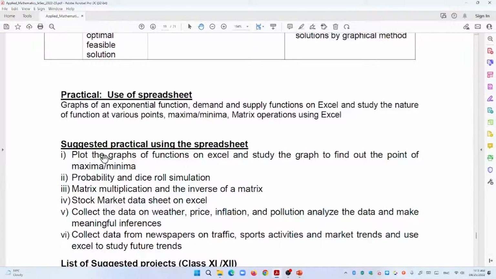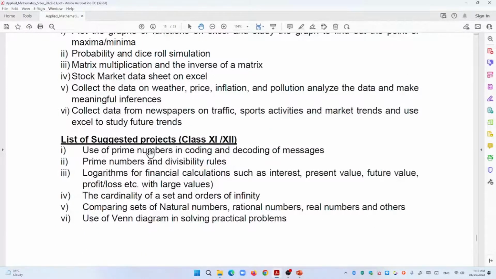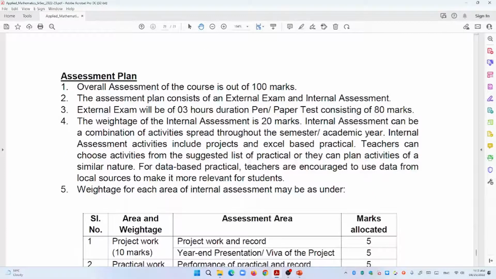The various suggested practicals using the spreadsheet are given here, and we have the list of suggested projects for class 11 and 12. And here we have the assessment plan. The overall assessment of the course is out of 100 marks. The assessment plan consists of an external exam. So there is going to be only one external exam and internal assessment. So there is no term-wise exam for the session